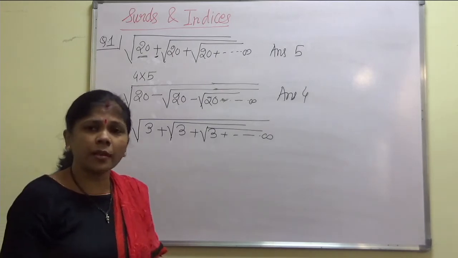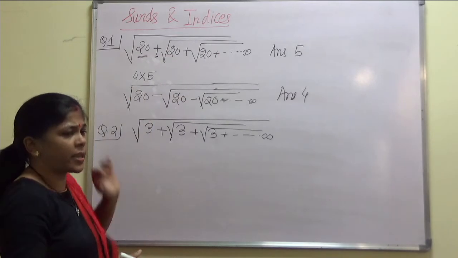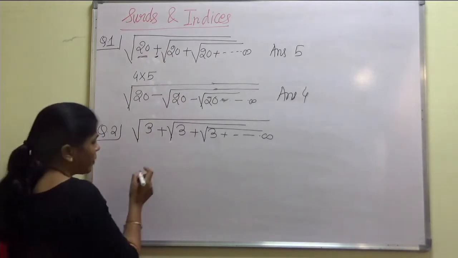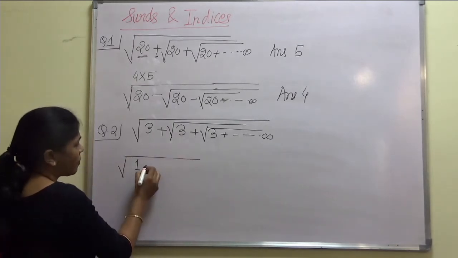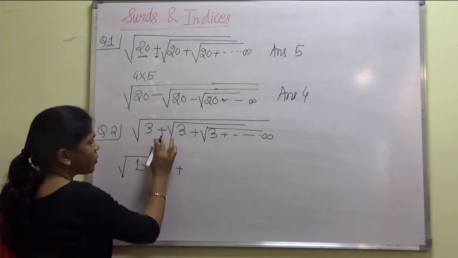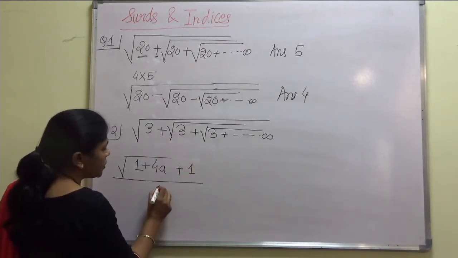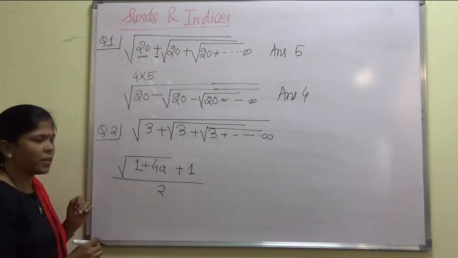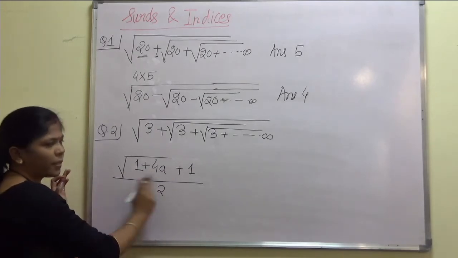Product of two numbers whose difference is 1. Okay, so it is not possible to apply the earlier case. In this case, we will just make use of a formula. What is the formula? The formula is under root of 1 plus 4a, and as we find 1 over here, we will write plus 1 upon 2a.